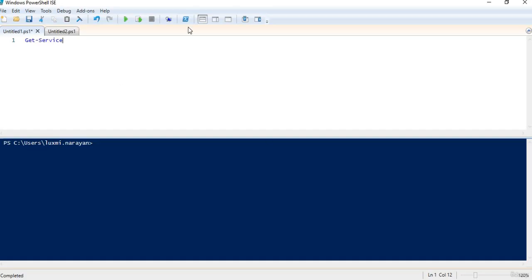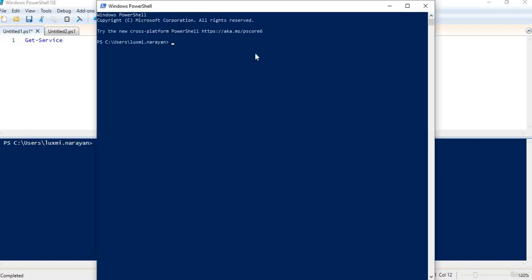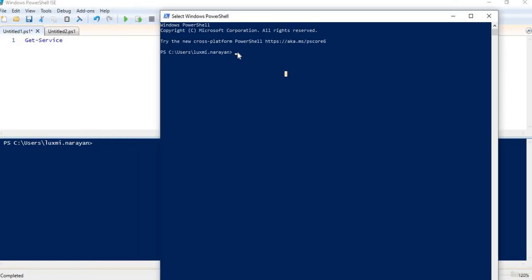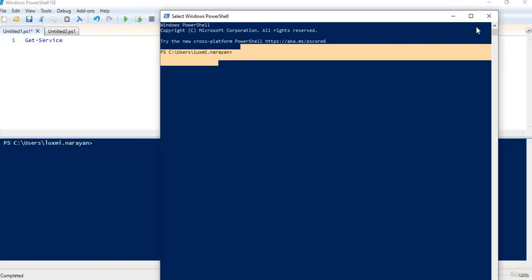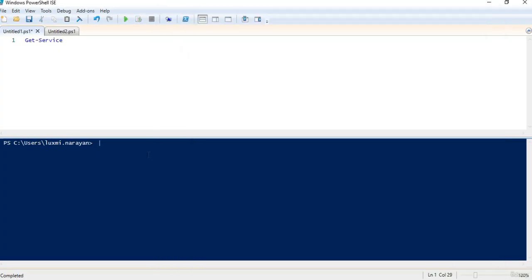Stop using this individual console like this one. You can do all the work here that you can do there. So start using PowerShell ISE. If you need to run an individual command, run it over here. If you want to run a script or create a script, you can do that here. It's like a notepad for you. You can run all your commands over here. Whatever command you need at a time, just click on that and run it. It is as simple as that.